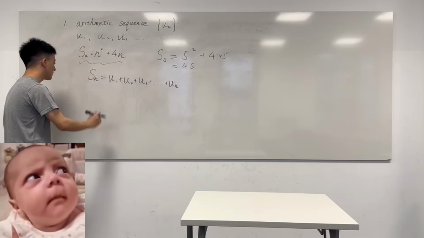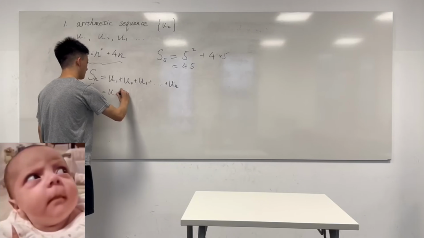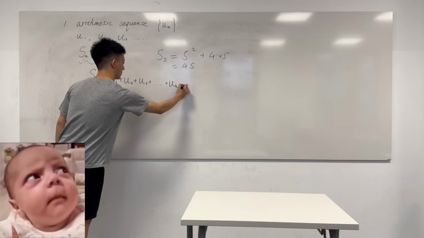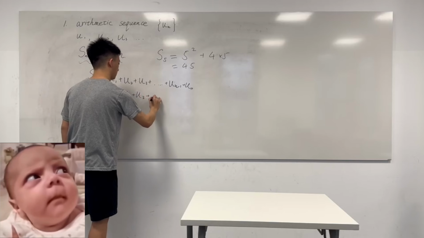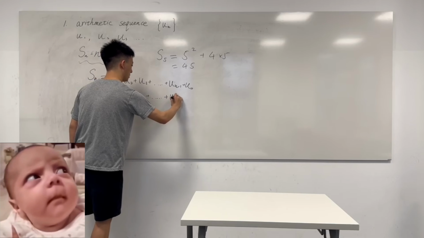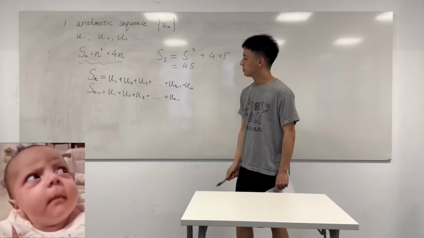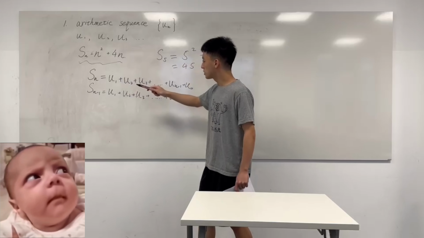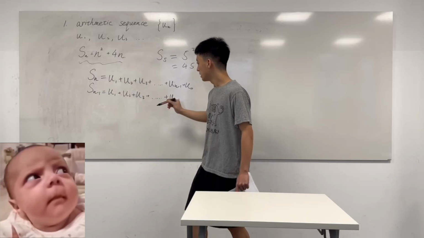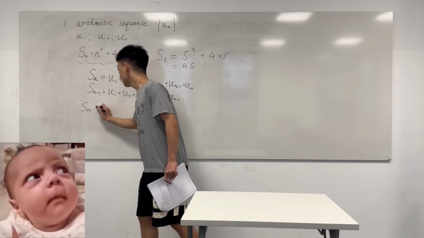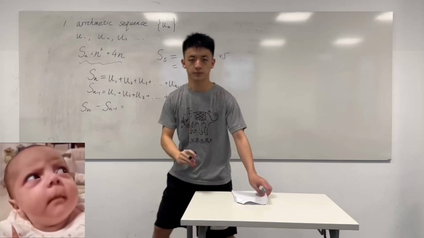So according to this definition, Sn minus 1 should equal U1 plus U2 plus U3 plus till Un minus 1. Why do this? Because if we use the equation above minus the equation at the bottom, we can get